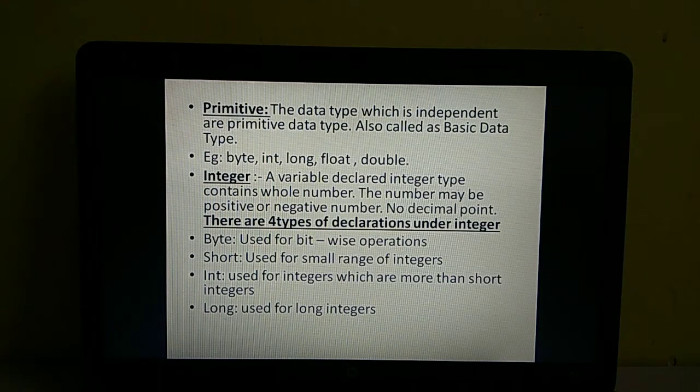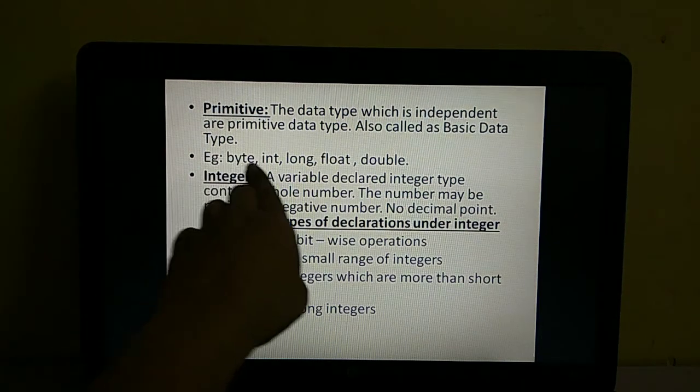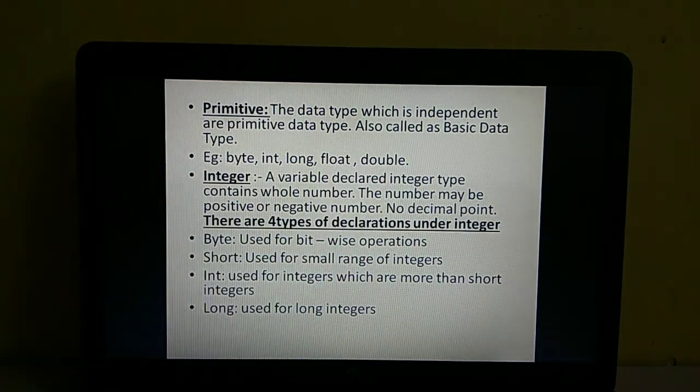Primitive data type, again I told you that you know it, is an independent data type, also called basic data type, for example byte, short, int, long, float and double. So this is the chronological order of your primitive data types. First comes byte, then short, then int, then long, then float and double.